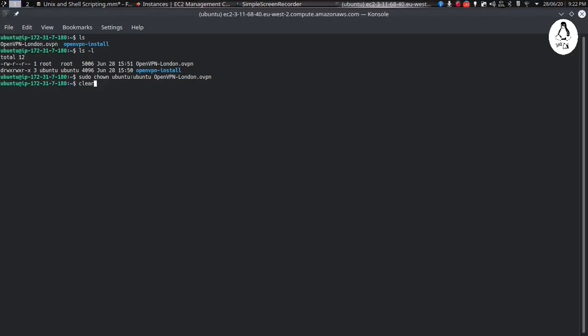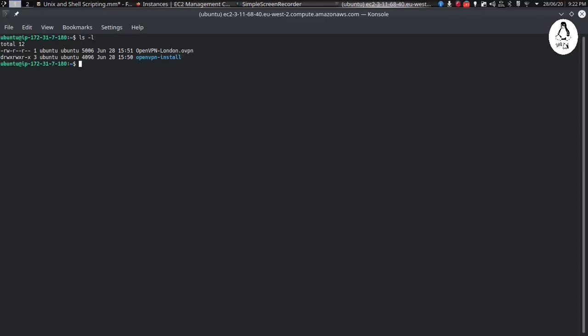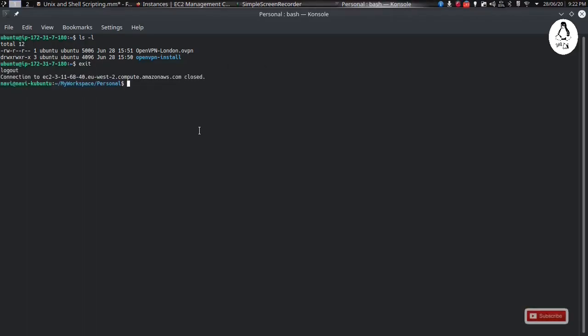Before I copy, I'll change the owner from root to my current user so that I can copy it without permission issues. So I'm using secure copy, so I'll give this command. You can use WinSCP or any other method like Secure File Transfer Protocol, SFTP.